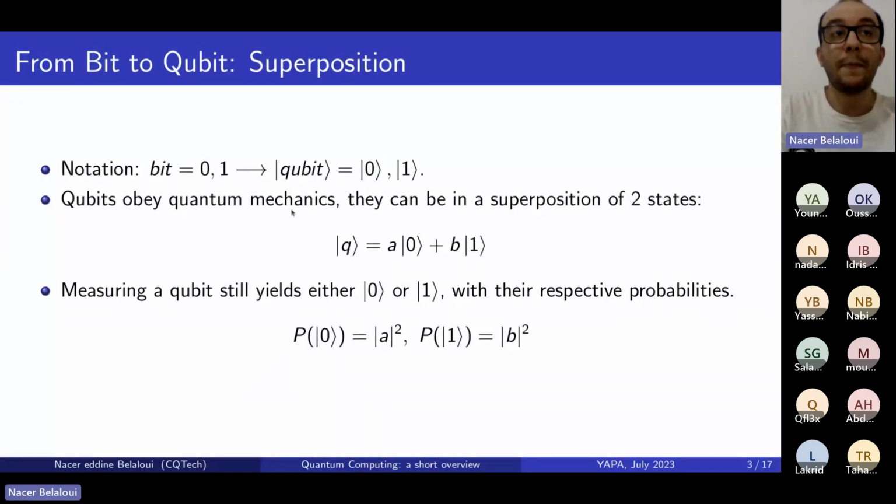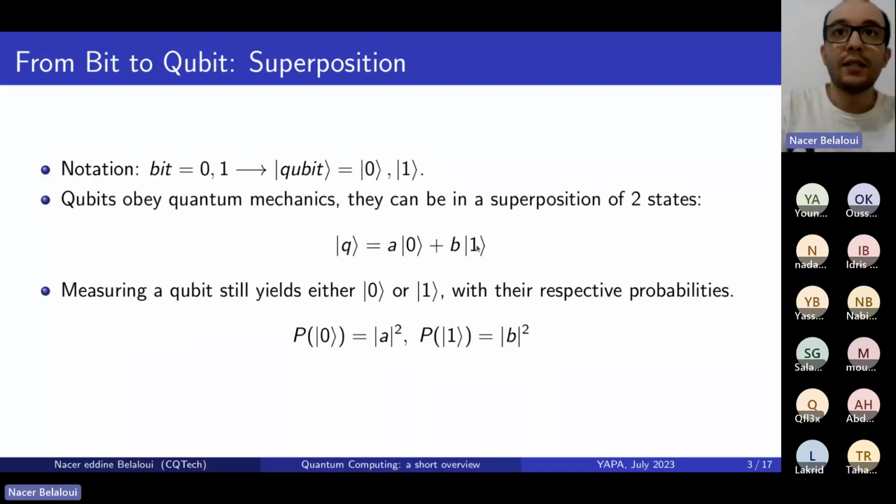Now, qubits obey quantum mechanics, as we said, so they can have quantum mechanical properties, one of which is superposition. Since qubits have basis states 0 and 1, they can be either 0 or 1, but they can also be in a superposition of these two states. The superposition is written like this. This is something you will not see in classical computers. You will not see a bit being equal to 0 and 1 with some probabilities. And speaking of probabilities,